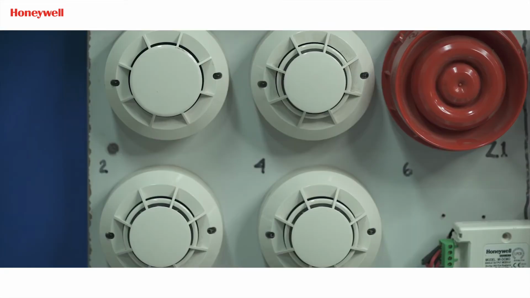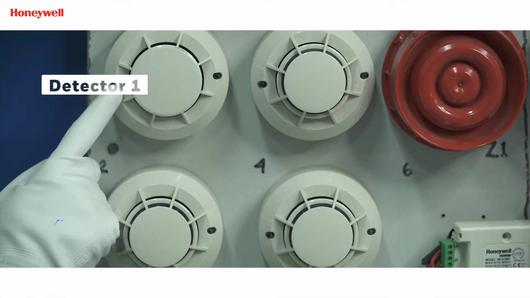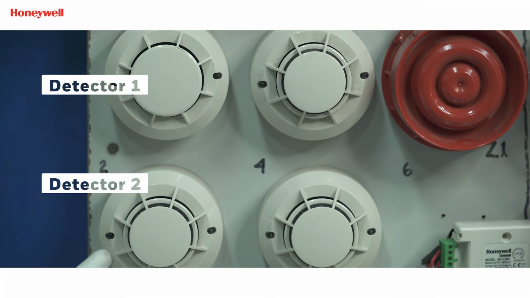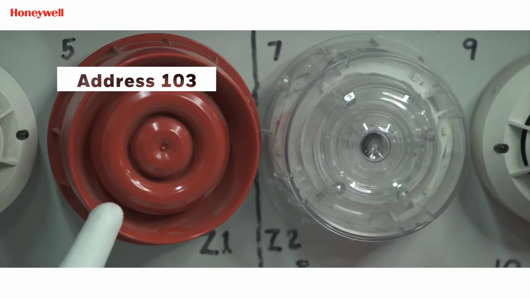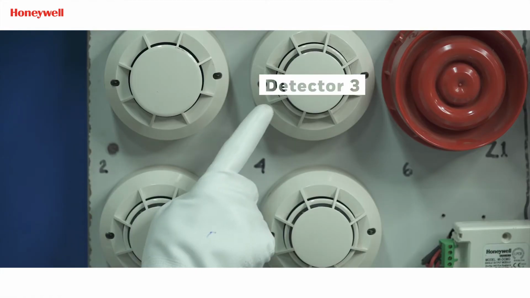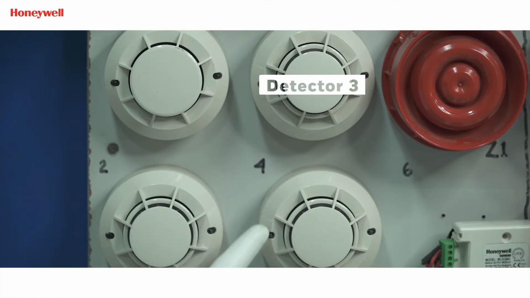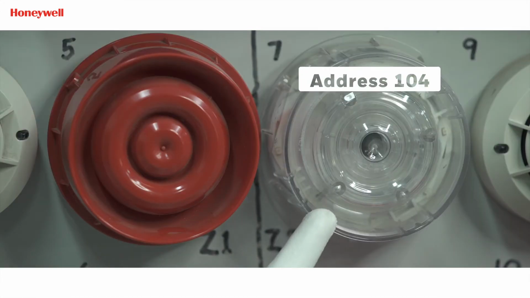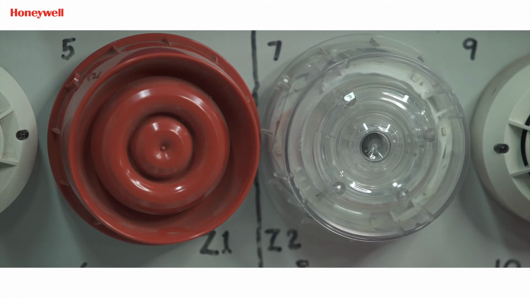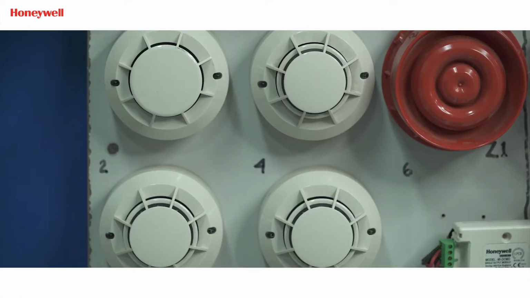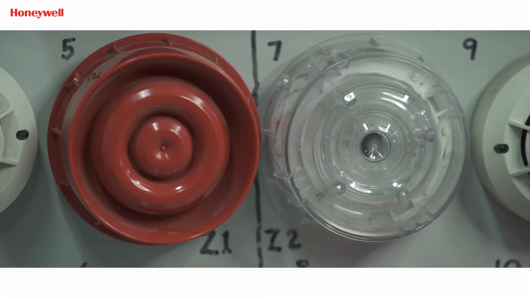devices. For example, when any one detector from address 1 or 2 gets an alarm, then output 103 should only get activated, and when any one detector from address 3 or 4 gets an alarm, then output 104 should only be activated. To execute this condition, we should first assign zone to our input devices and pattern number to our